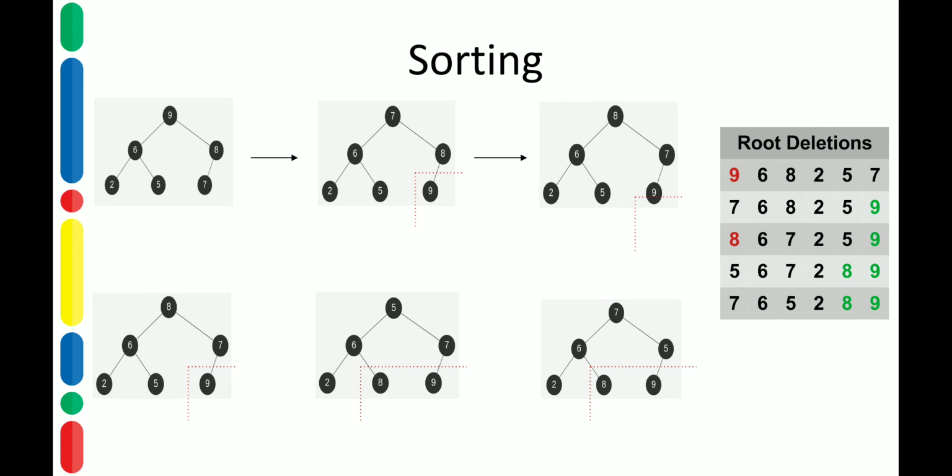Verify whether these elements form a heap. Here again the parental dominance is violated. 5 is less than 6 and 7, so we exchange it with the largest child. The largest child is 7. So the resulting heap will now be 7, 6, 5, 2, 8, 9, with the last two elements being sorted.